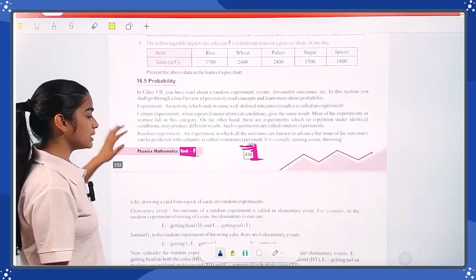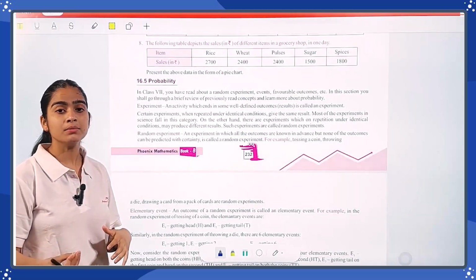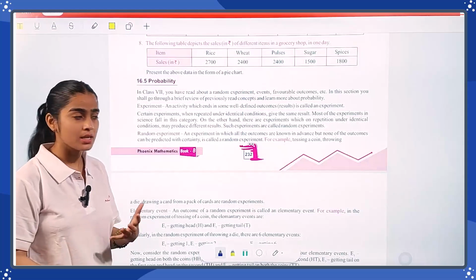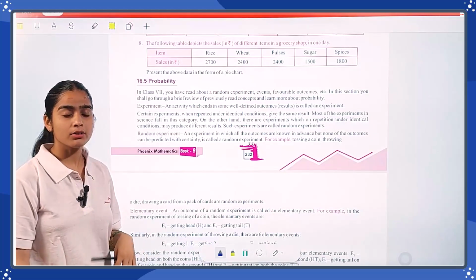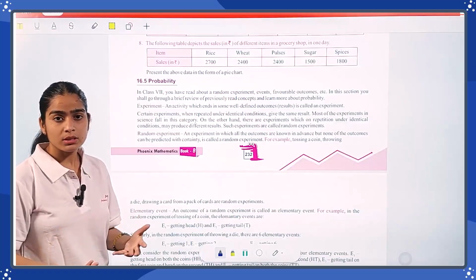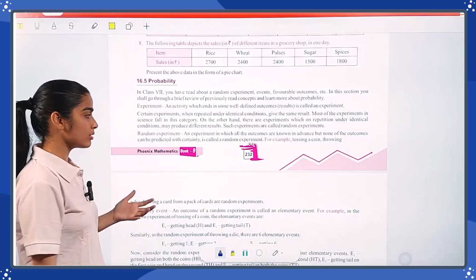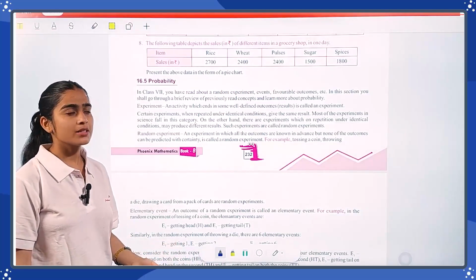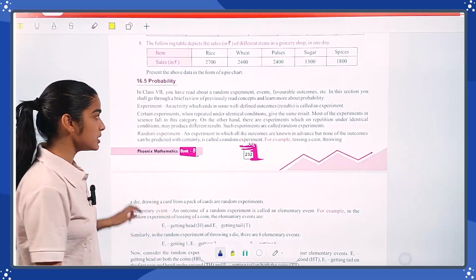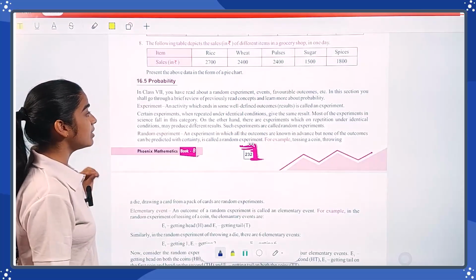Next we have probability. Probability means a random suggestion or random guess. Okay, if I toss a coin, so what will become? Head or tail? So I don't know the result, you also don't know the result, so at that moment we can say anything at random. Okay, for example, tail will become, so it means probability is the random guess.